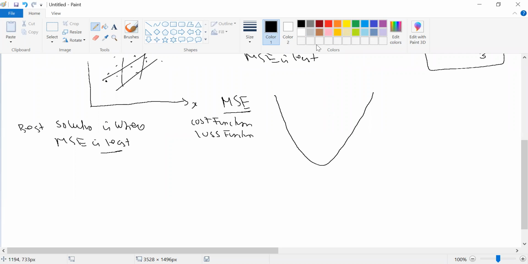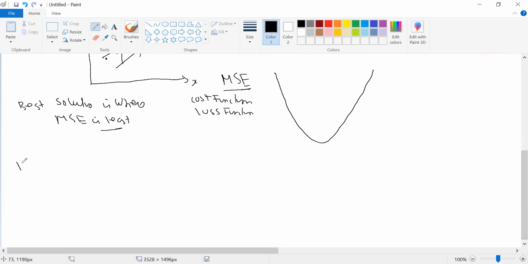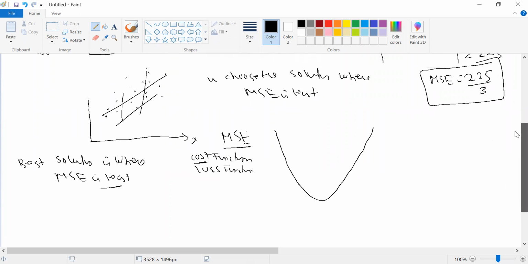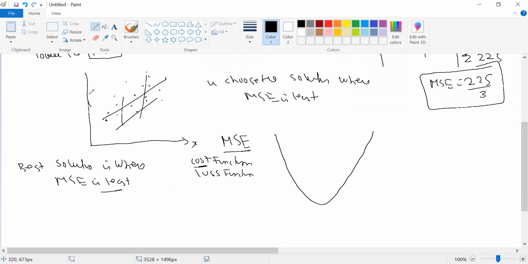Now, do you remember how K-means was? K-means was your iterative process. It was an iterative process, right? Iterative means it runs a number of times. Suppose for the time being, when I'm talking about the cost function, let me say out of these many solutions which exist, I want to select a solution where my MSE is least.